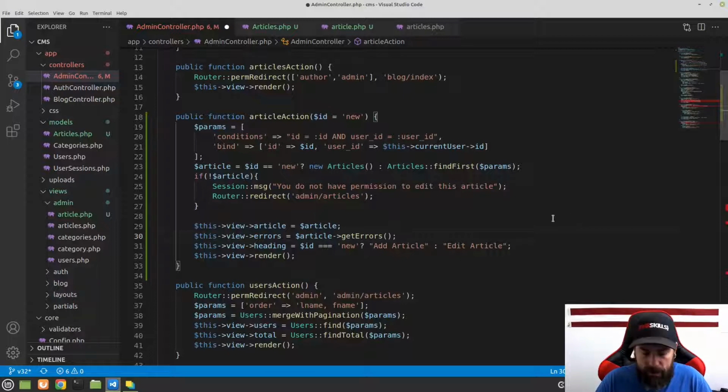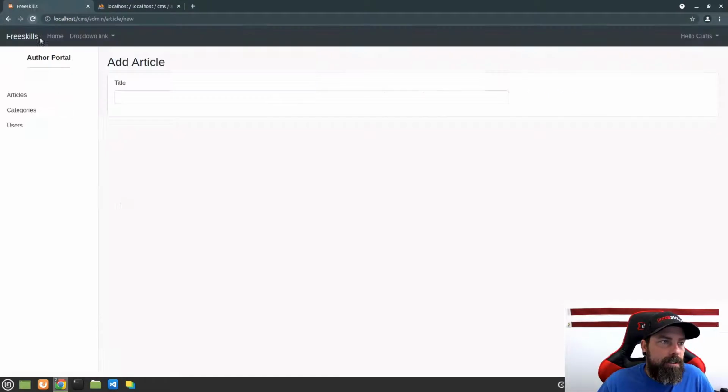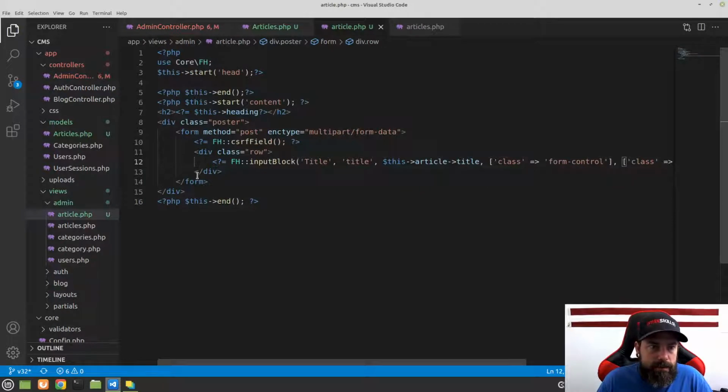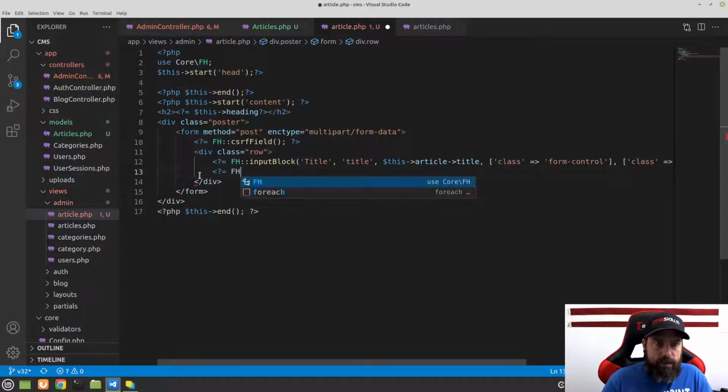For now, that should solve our issues that we have. So let's go back and refresh, and here we go. So that's looking pretty good. We want to go ahead and add some more fields here. So the first field that we're going to add right here after our title is, let's see, let's add the status. Okay, so go back to the article view, and right below here, let's add a new form helper, and